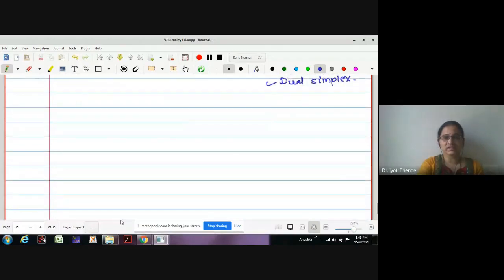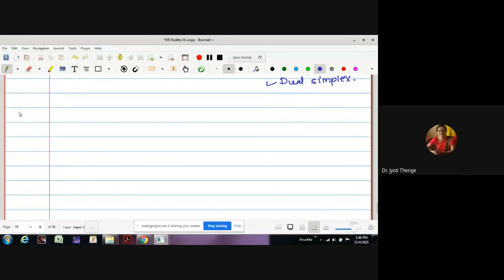Now I will write down the last tables of both the methods. Those who have solved it have to tell me the tables. Let me write the basic variables, CB, XB, X1, X2, X3 and X4. Which table am I going to write? The last table. What are the basic variables in the last table of our primal problem solution?